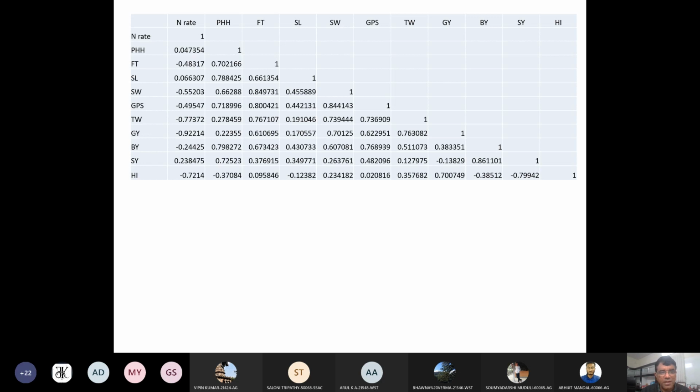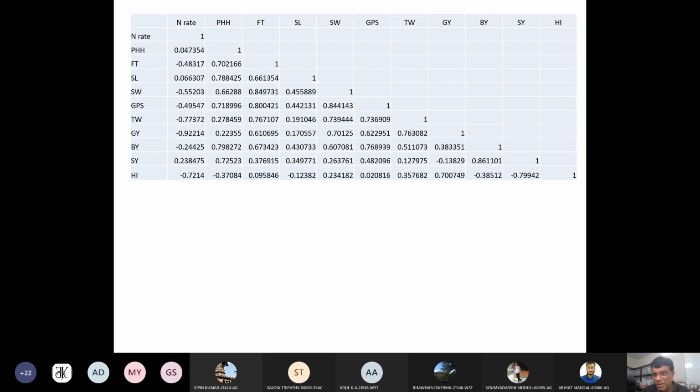The direction of change is negative. It means nitrogen rate and this grain yield have negative relationship. So don't bother about it. It is very hypothetical data. It is just to explain to you that here grain yield and nitrogen rate are having negative relation. If you increase one, other is decreasing. So I think you will be able to interpret these kind of correlation coefficients.